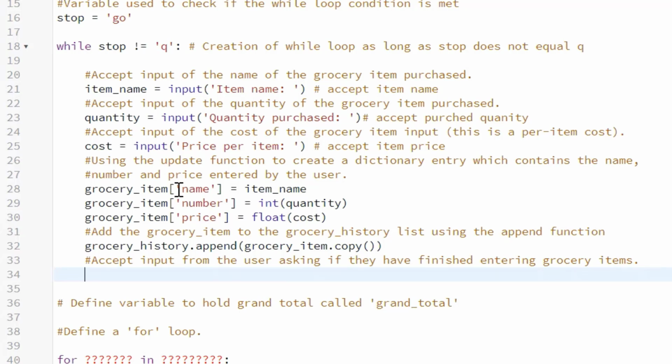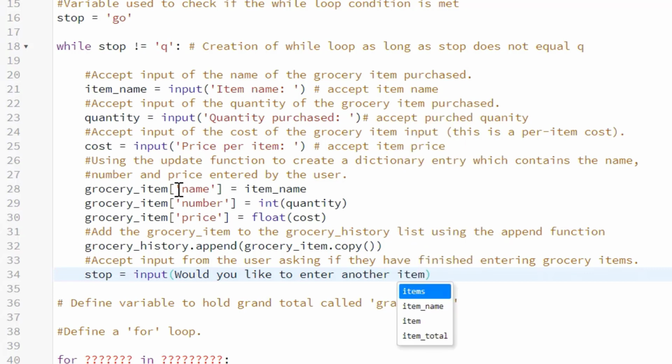So we're going to say stop equals input parentheses, would you like to enter another item,